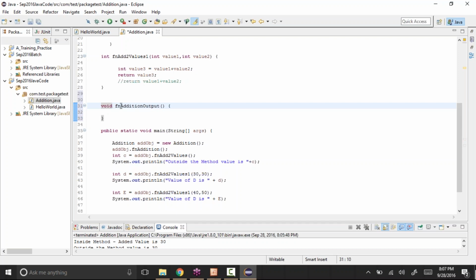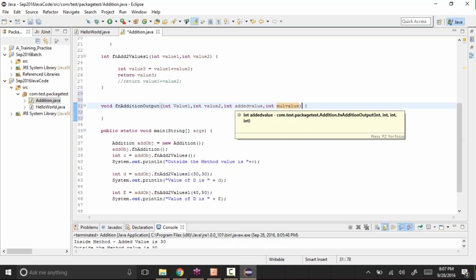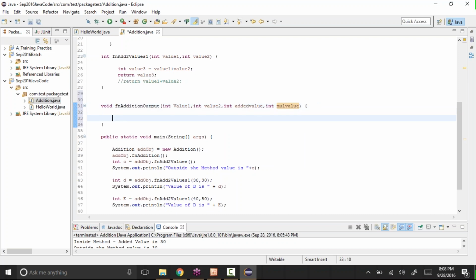Okay, so fn addition output, and here I'll say int value 1 comma int value 2 comma int added value comma int mul value, multiplied value. So the first two are the input parameters and these two are the output parameters. Okay, and see how I'll do that.